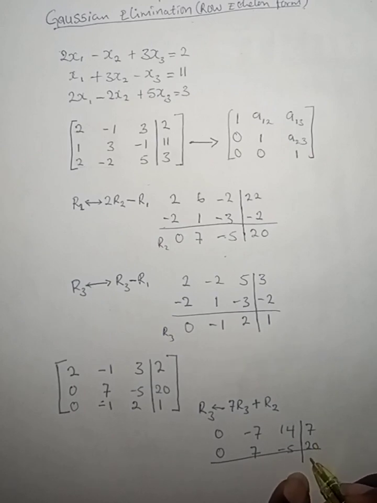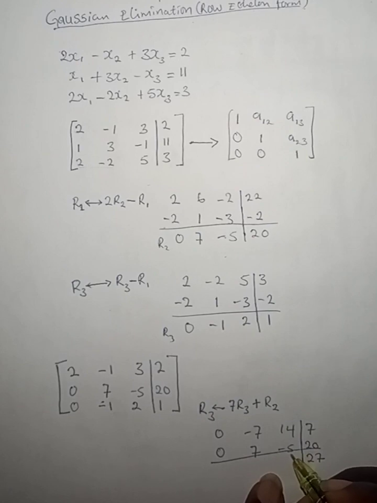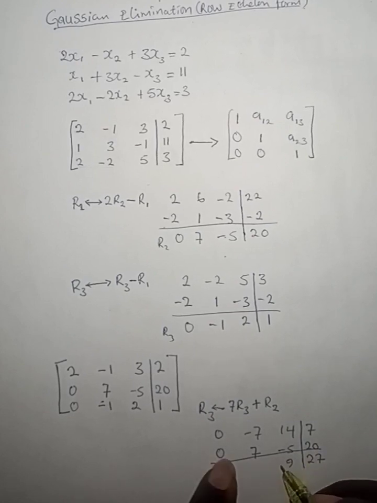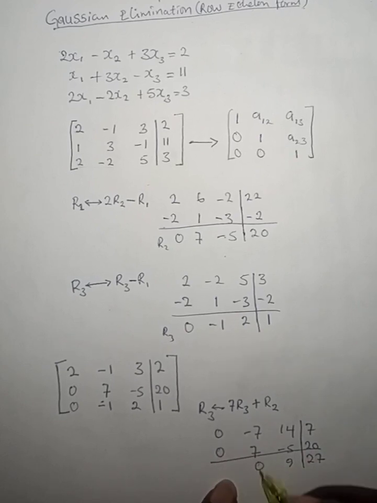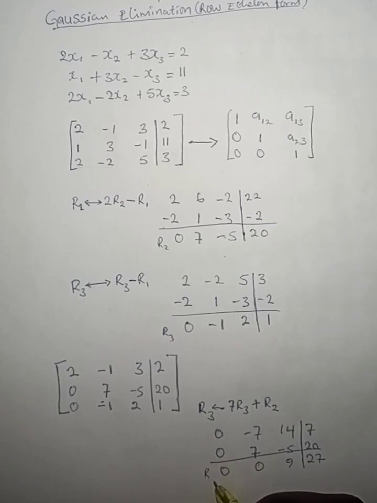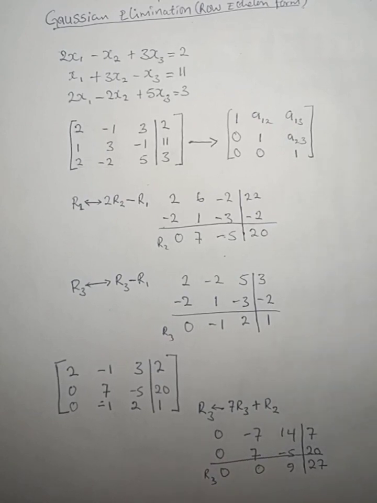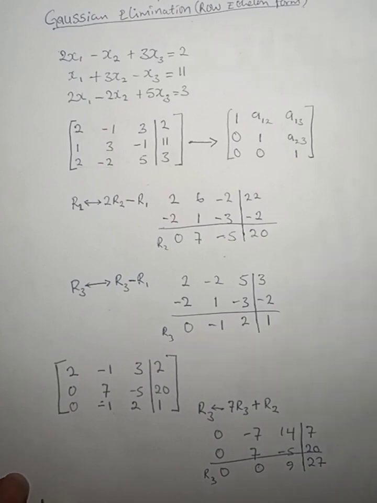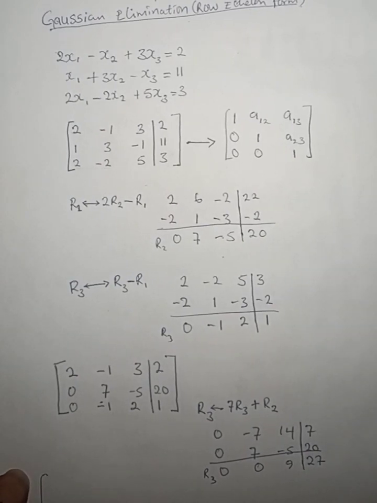7 plus 20 is 27. 14 minus 5 is 9. 7 minus 7 plus 7 is 0. And 0 minus 0 is 0. Our new row 3 is this. Our matrix will be